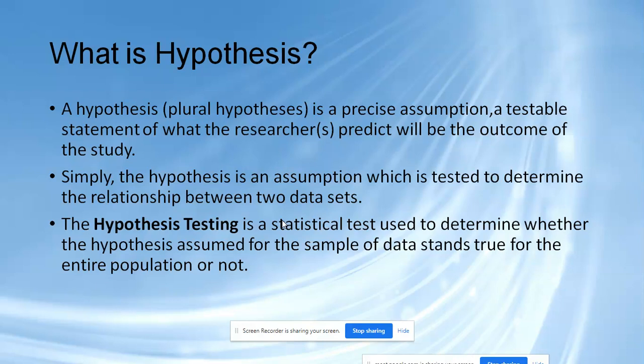Two data sets can be dependent and independent variables or data sets. A data set is, for example, a customer data set, a sales data set, or maybe a quality related inventory data set. So different types of data sets are there, and in hypothesis testing there are always two variables involved: one is the dependent variable and another is the independent variable. A hypothesis always tries to establish a relationship between these two variables. We will see the example.